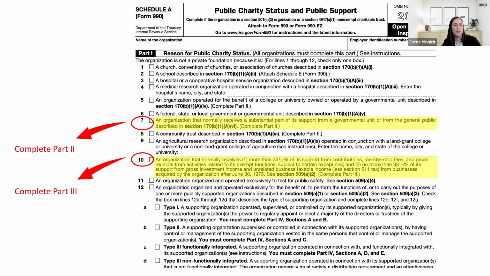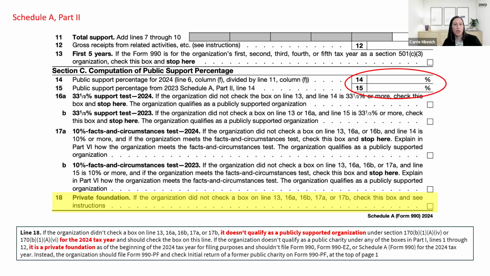If you are a 10, you're going to complete part 3. Now, there are other ones that are on this schedule, but we're not going to focus on those today because, again, number 7 and number 10 are the main organizations that most organizations fall under one of these. Part 2 and part 3 are very similar, but they're a little bit different. So if we look to part 2, so again, this is those number 7 ones that get a lot of